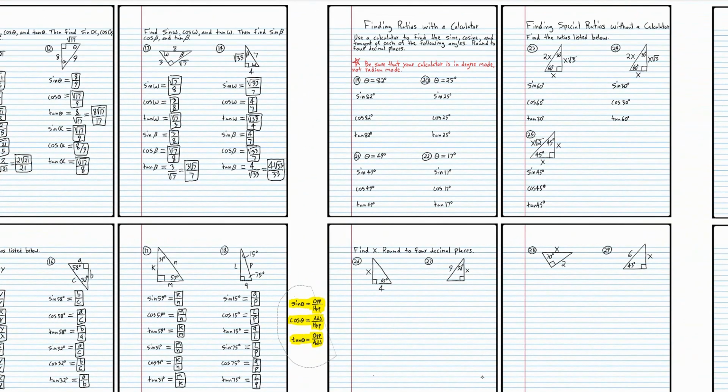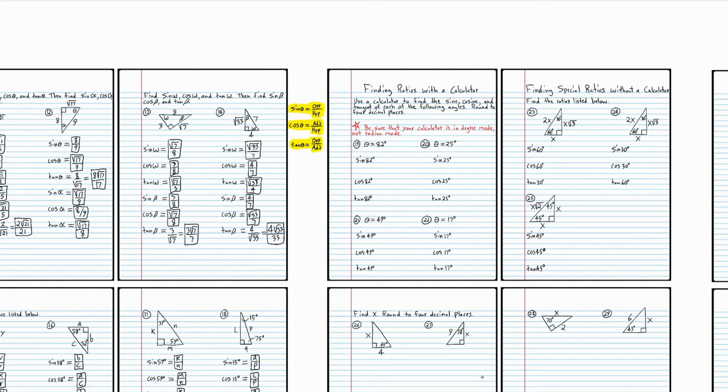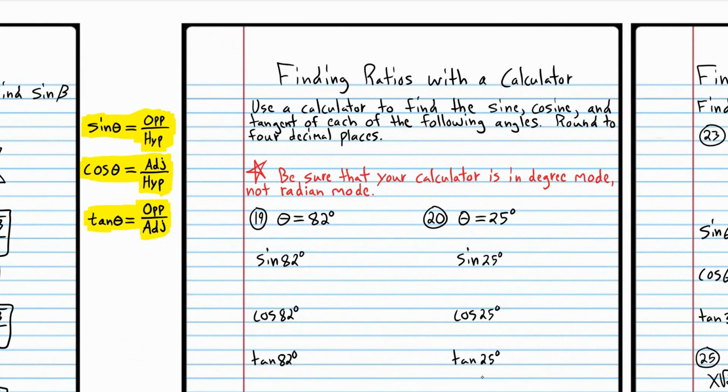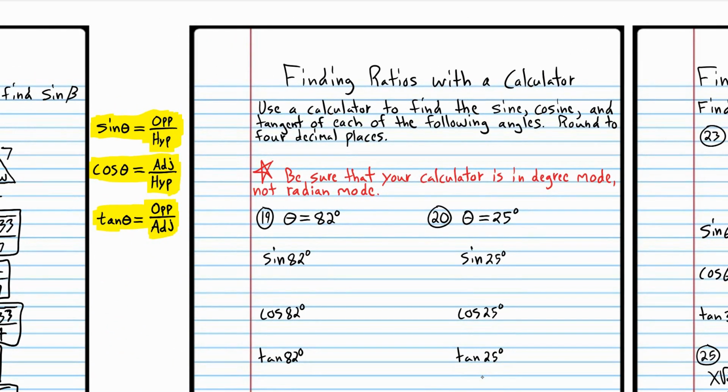All right, now we are going to go on to problems where we're going to need a calculator. So for these problems, you can use the calculator on your phone. You can use a calculator on your iPhone or your Android or whatever phone you have. You can use the calculator on your computer, though that's going to be kind of tedious having to go back and forth on your computer. If you're doing your work on paper, though, it wouldn't be too bad. You can use a Texas Instruments calculator, a Casio calculator, whatever you want to use,